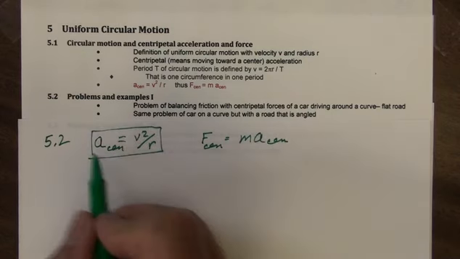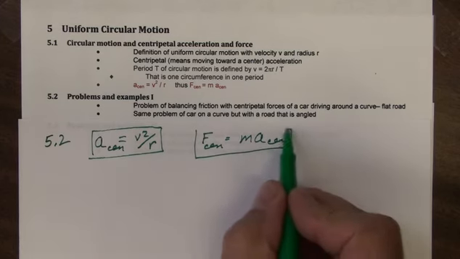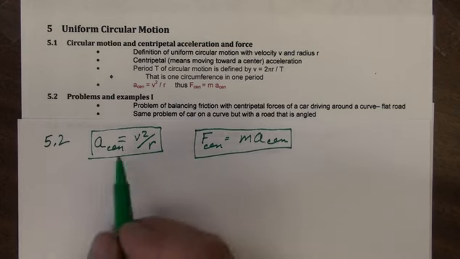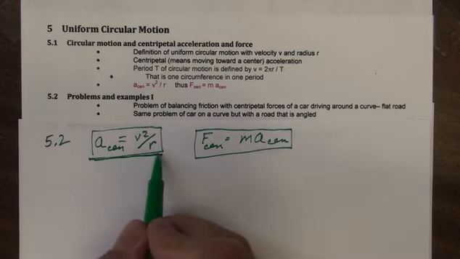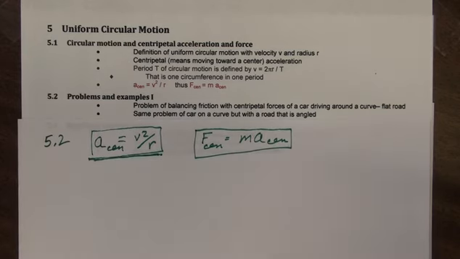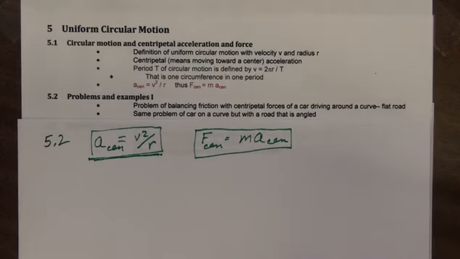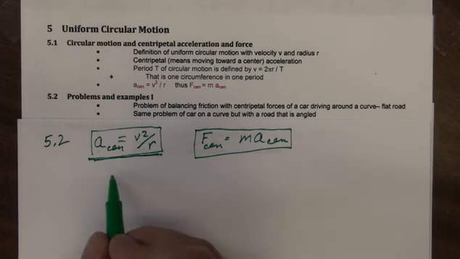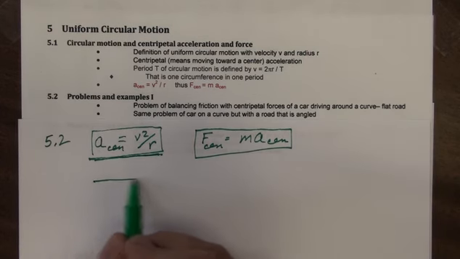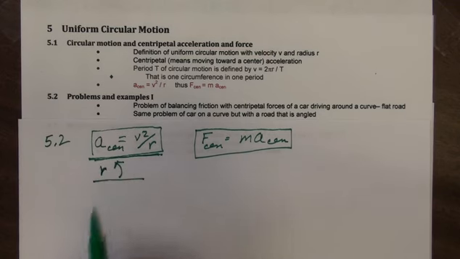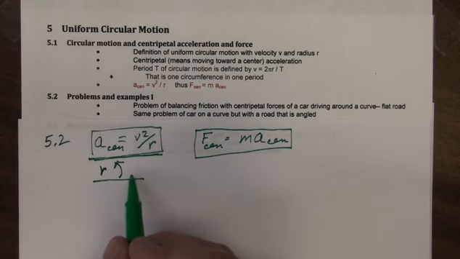This equation you already know because it's Newton's second law, that force is mass times acceleration, but this is the new equation you must remember. We're going to look at balancing friction with centripetal forces for a car driving around a curve on a flat road. Well, if we have a flat road and there's a radius here, r, for the curve that the car is going on,